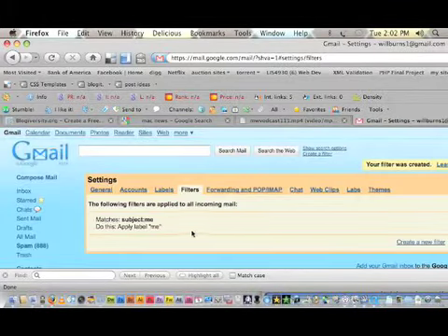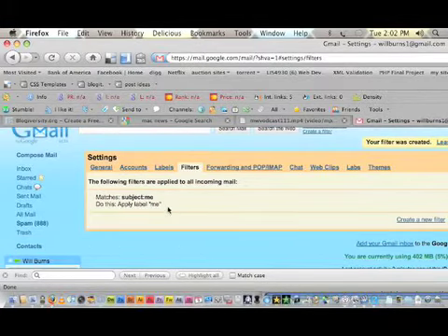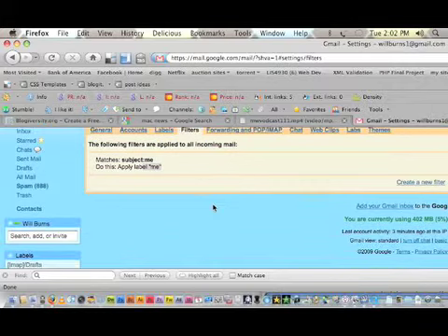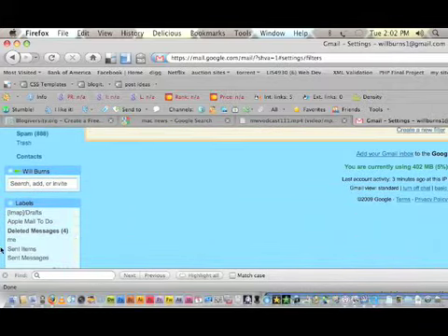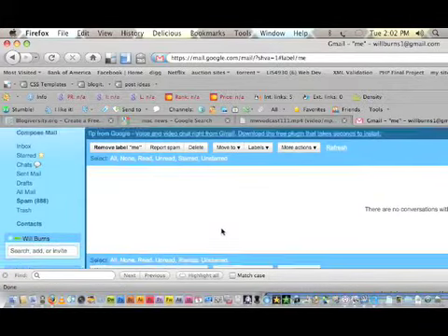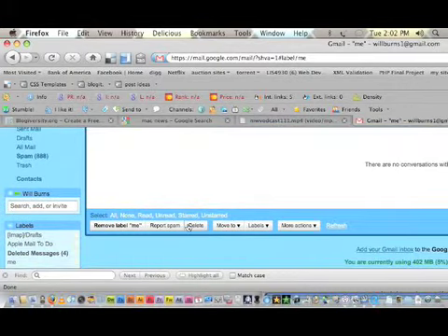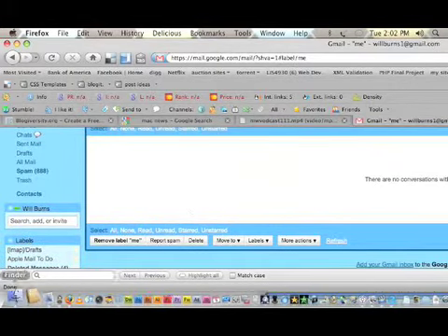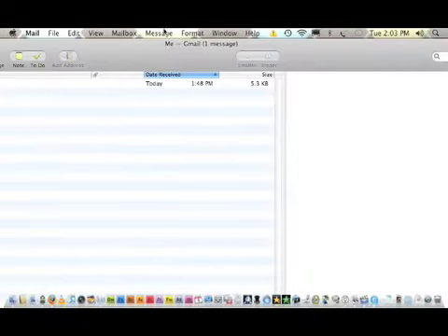And now we just set up a filter that every time a mail message comes to me with the subject Me, it will be labeled Me. And it will go into the Me folder. And as you can see down here, you have the Me label. And the cool thing about this is once you go into your mail and you sync this up,